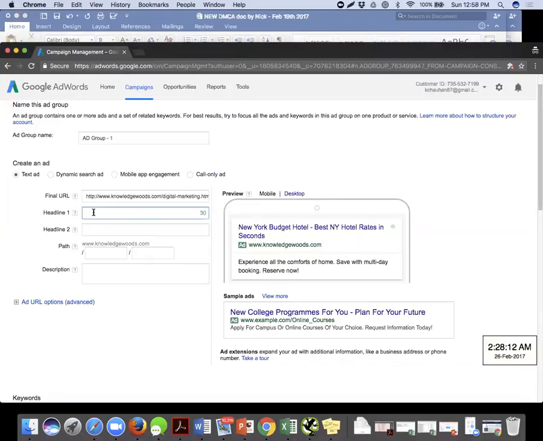So if I am typing digital, D is one character, I is the second, G, I, T, A, L. For digital, 7 characters are there. Then there is a space. Even a space is counted as an 8th character. And then marketing, with M, would be the 9th character. All right. So with that being said, we'll have headline 1 and headline 2.